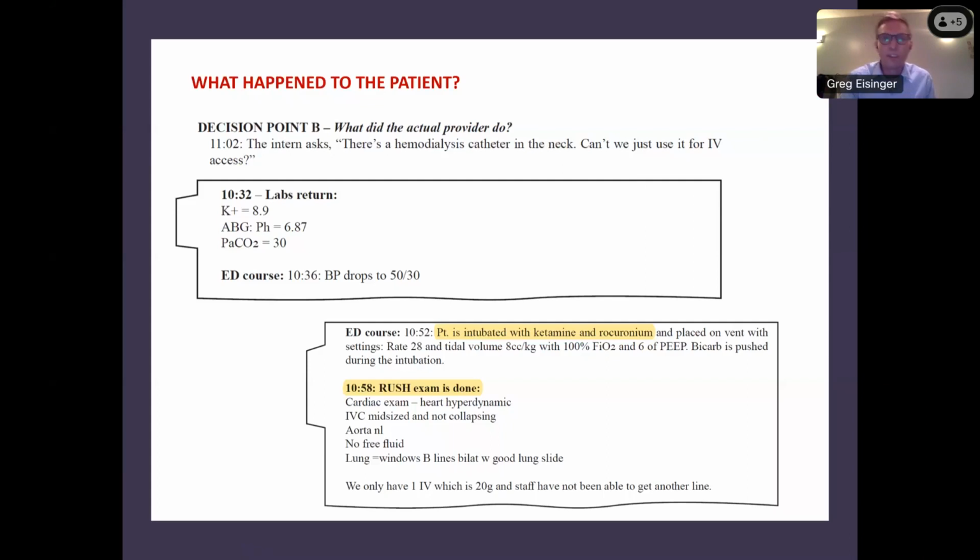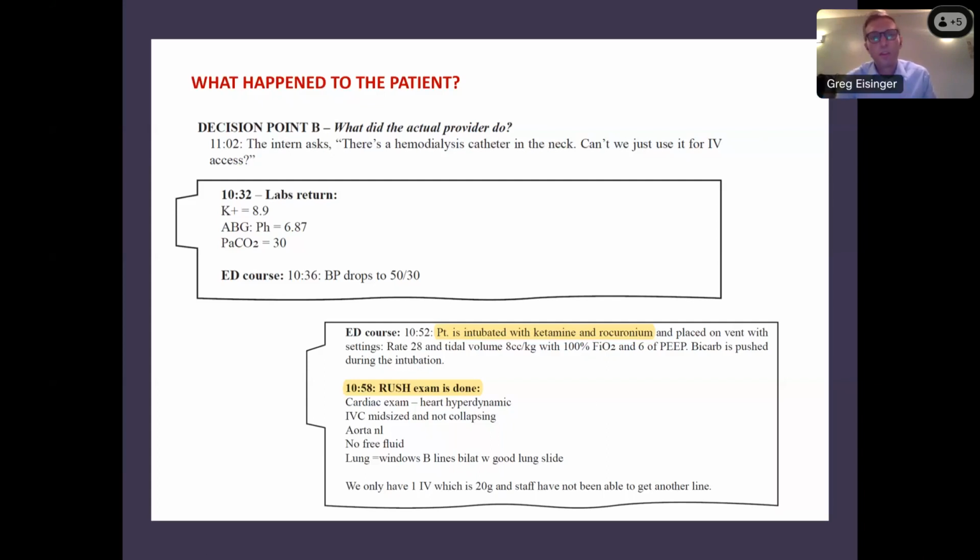We have all these mantras, GCS less than 8 intubate. You got to look as the expert in the room at what the risk and benefit of what you're doing is. And again, maybe as a critical care doctor, I'm a little bit more of a cowboy and I'm willing to watch some people who look really bad without doing that. I'm also willing to strap a BiPAP mask on a patient like this because the concern is that they're going to vomit and aspirate. Well, you know what? I'm not leaving that bedside until this patient is stable and they have an endotracheal tube in. So if she vomits, bam, I take it off.